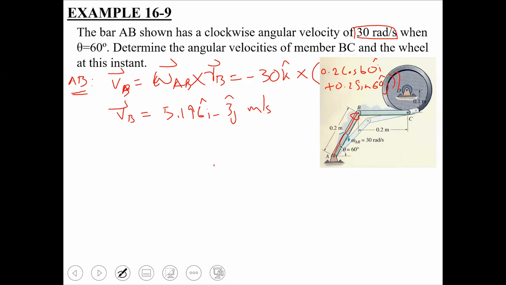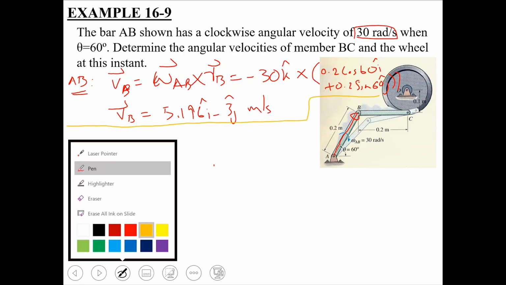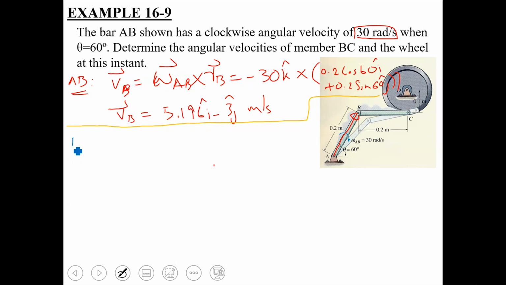So this is going to be the velocity of point B, if we are considering link AB. Okay, moving forward, what should be the next link from which we move our analysis? It is the link which is in general plane motion. So what should be our base point? Which one will we make the base point, B or C? B. Since the motion of B is known to us, we are going to make B our base point. So the relative velocity equation would become VC equal to VB plus omega cross R,